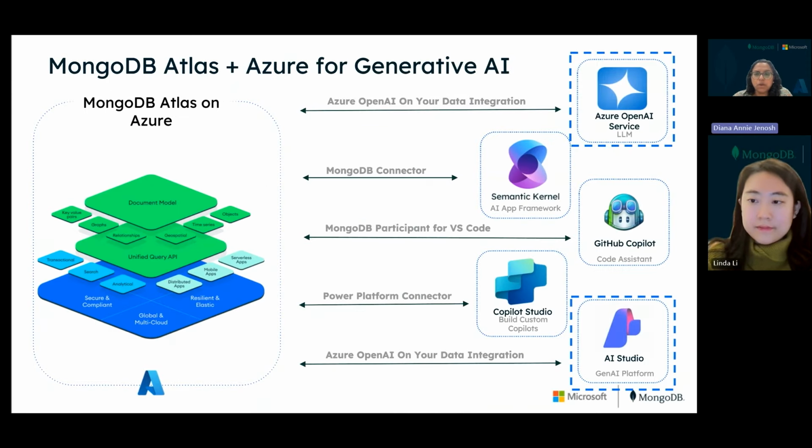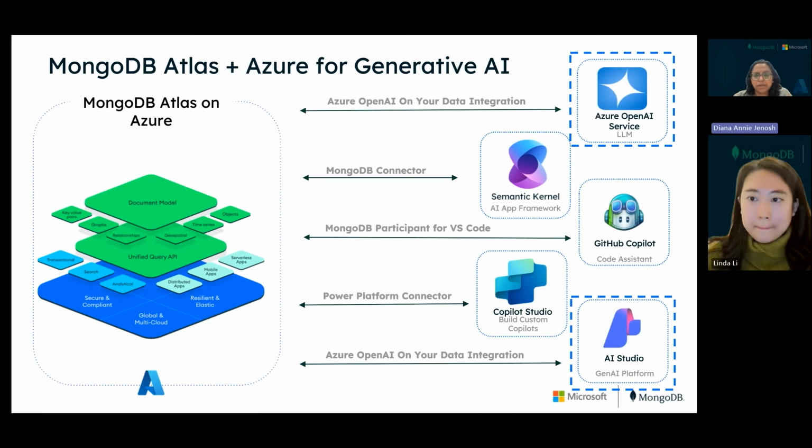Now, double-clicking on the integrations of MongoDB Atlas with Azure Generative AI Services. Azure OpenAI Service and AI Studio are well integrated via the Azure OpenAI on your data integration, which is what we are going to elaborate to you today. We launched a MongoDB connector for semantic kernel in both C# and Python flavors, which integrates Atlas vector search with semantic kernel. Thus, it supports Atlas as a vector database, and you can use Atlas vector search to implement RAG